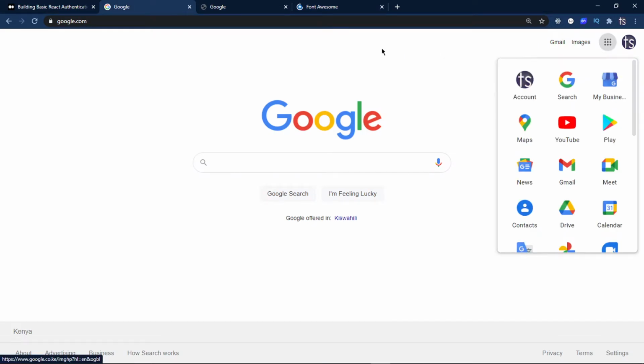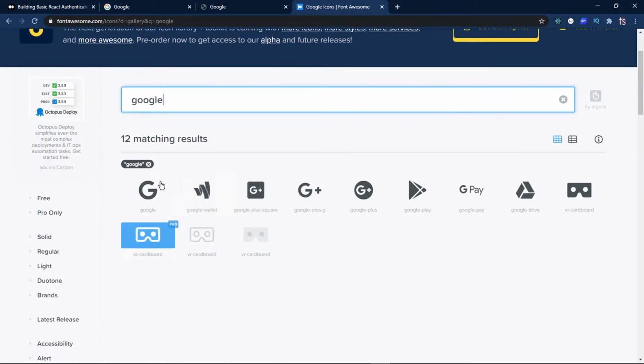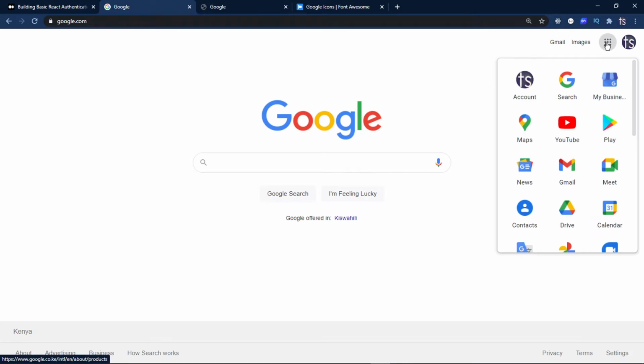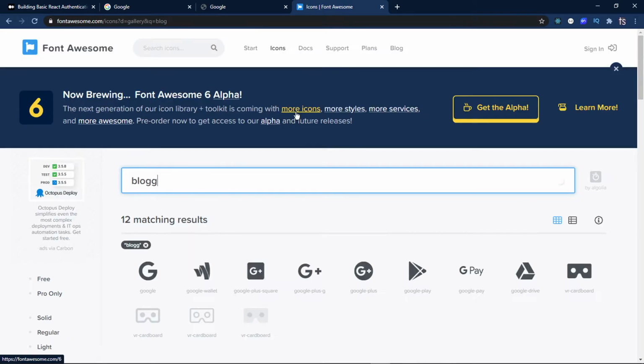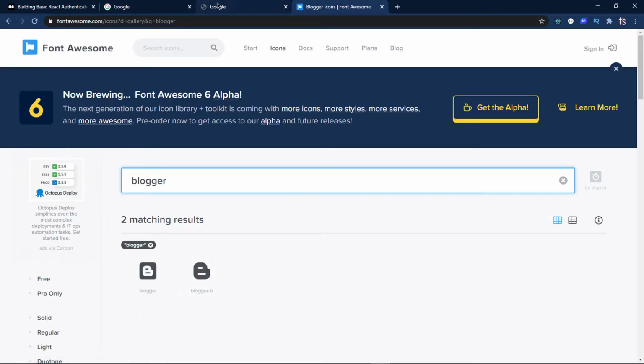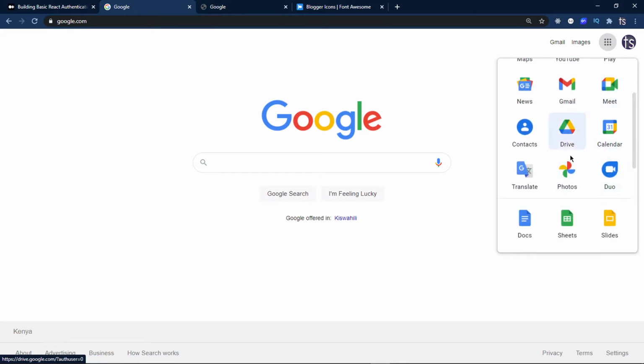Let's see these icons. Google search. Google should be available, really. So we have Google, we have Google Pay, Google Play, sorry, we have Google Pay as well, of course. We have Google Plus, we have Gmail, we have Blogger. Okay, now that we have all these icons, or basically most of these icons, the other issue that we will have